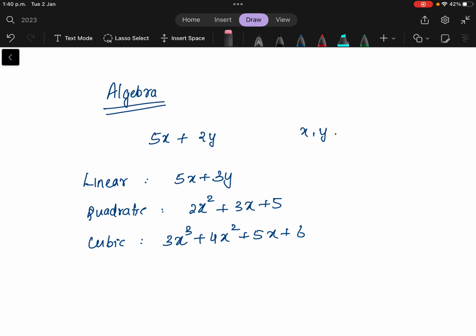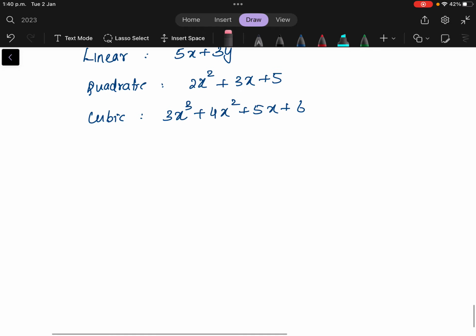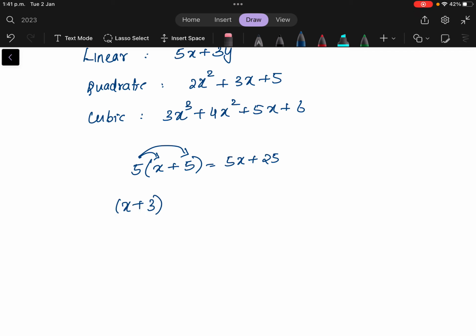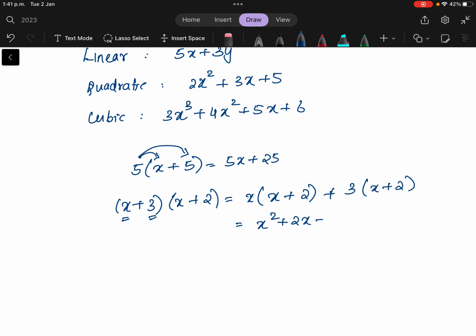It's very important for you to understand how to expand the brackets and know the rules of simplifying. This is something which we learn in junior cert. I'm sure that you are well versed with that topic. So 5 into x plus 5 is equal to, you multiply this, then you multiply this, so 5x plus 25. And if you have two brackets like this, x plus 3, x plus 2, you take this one first, then write the second bracket, then take this one and then put the second bracket, that is x square plus 2x plus 3x plus 6,